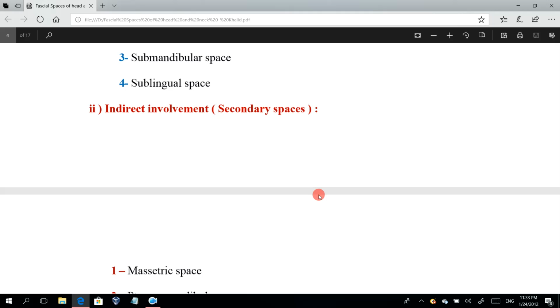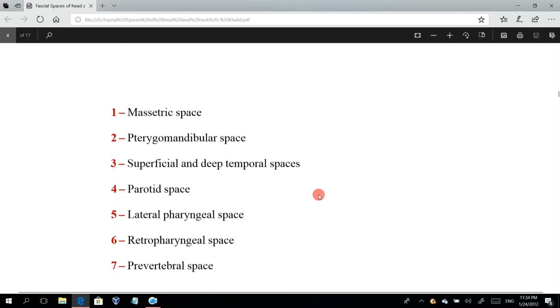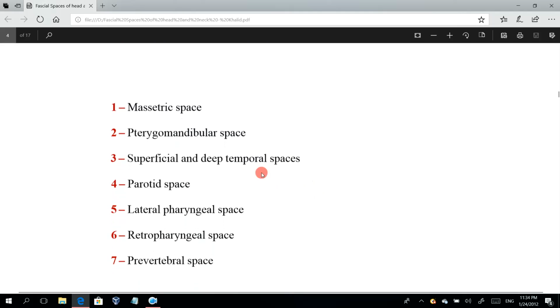I say infection in the primary space may spread to other spaces, and these spaces, because they are not the first space to be involved in infection, are called secondary spaces. I will say there is indirect involvement of these spaces by infection. And these spaces are 7 spaces. The masseteric space